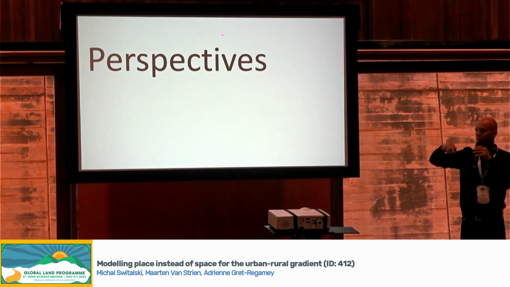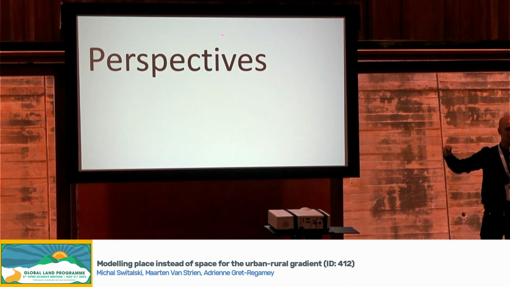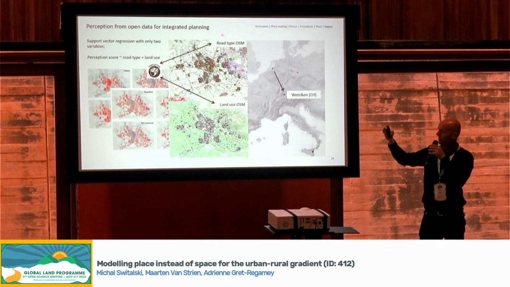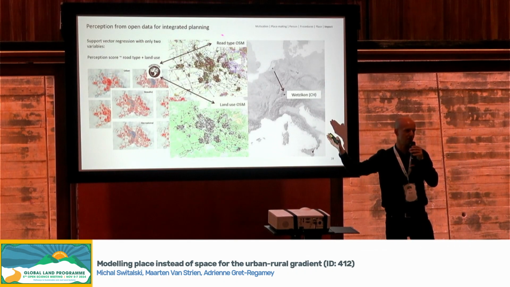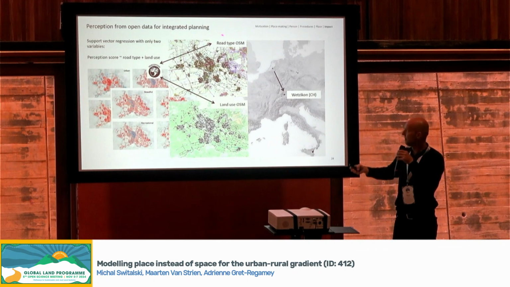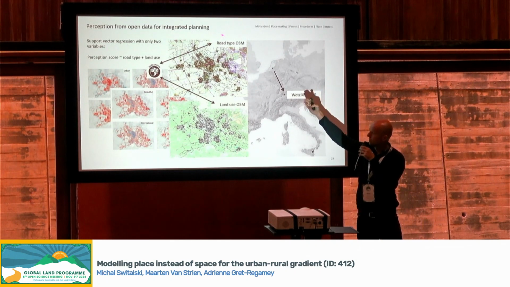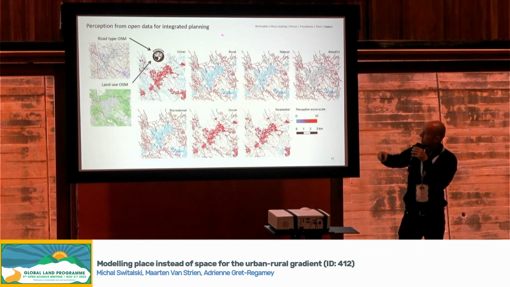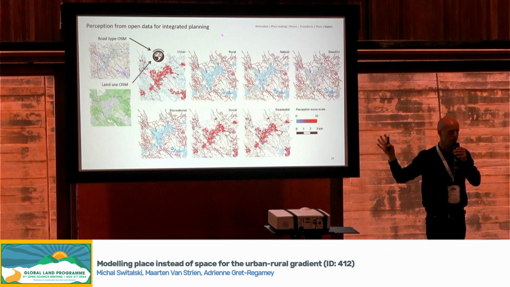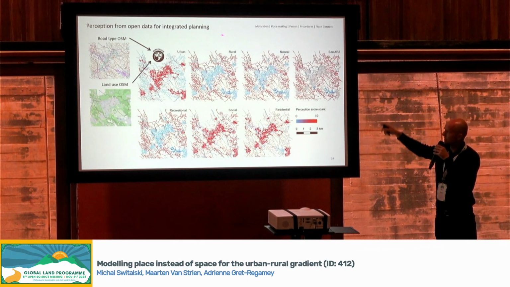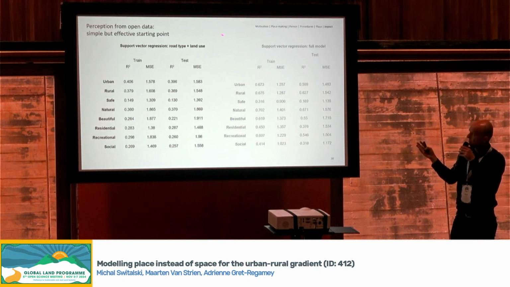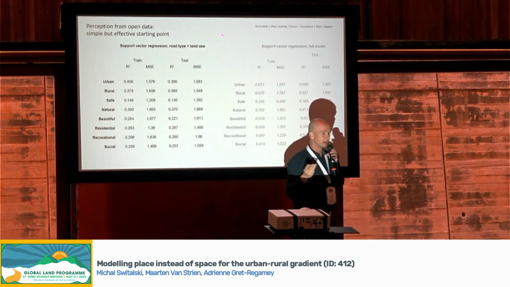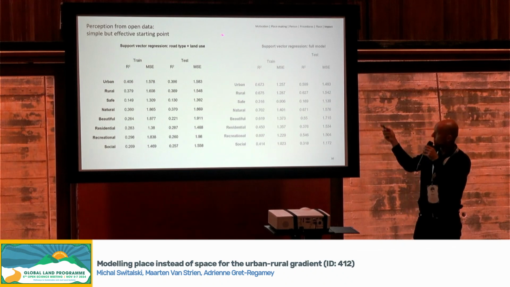So what do we do with all this? Well, to be honest, this is just a stepping stone for further work. What we can do, and we have tested this, is transfer just the perception indicator, which is a very costly thing to come by. For example, by training on OpenStreetMap data, and just using the road type and land use, we can train a model that can be transferred to a different area in Europe, which produces very similar maps. And this model performs rather well, considering that it only has these 2 indicators compared to the full model.